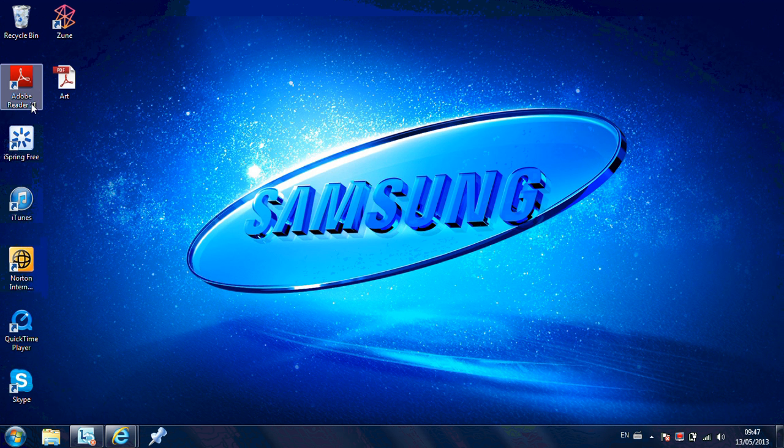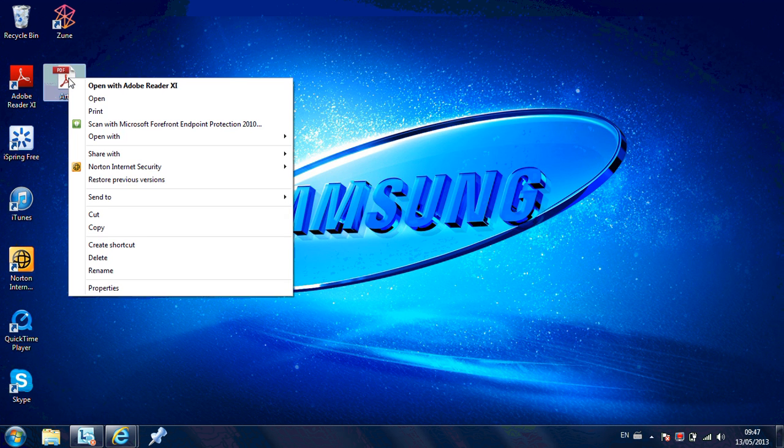In this case, I have a number of them listed here on the left hand side, and they are only shortcuts, so they don't need to be copied. But you just do need to check, have you got any files or folders on your desktop. In this case, I have a PDF here, so I'm going to move that back to my documents. So if you have a number of them, you can simply click them and hit Control and select a number of them at once. But basically I only have the one, so I go right click on top of it,